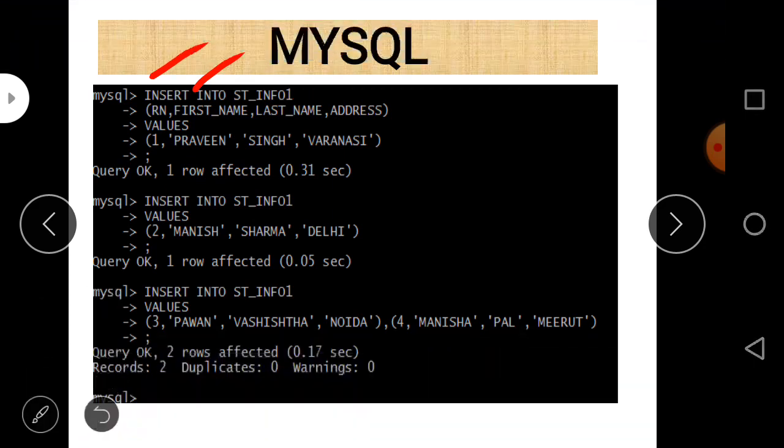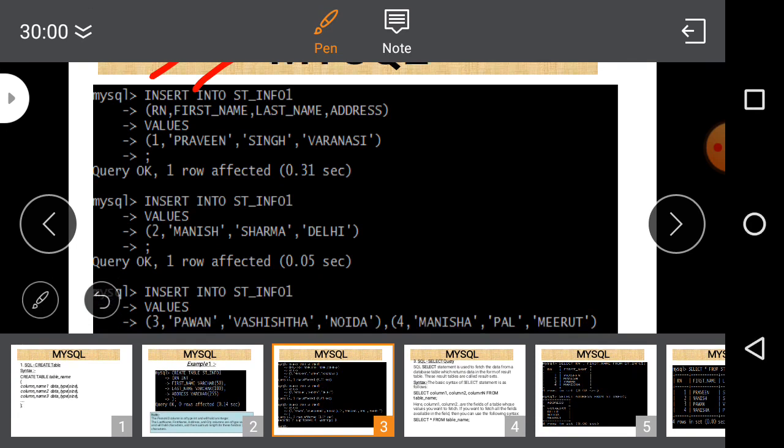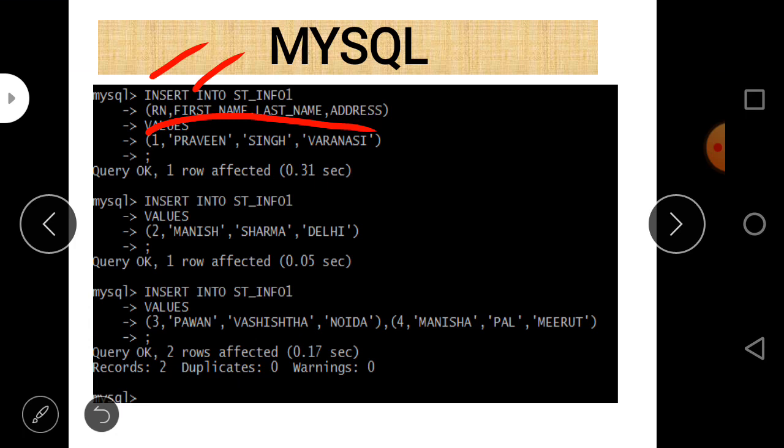names of different columns here, that is roll number, first name, last name, and address. These are the names of different columns here, and then values. After that, the keyword values is used, and after that values according to the order of different column names given above.